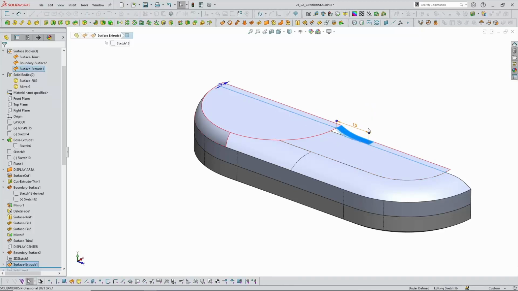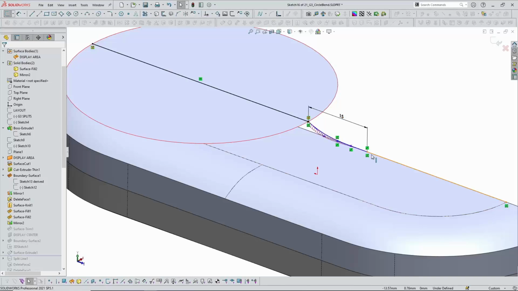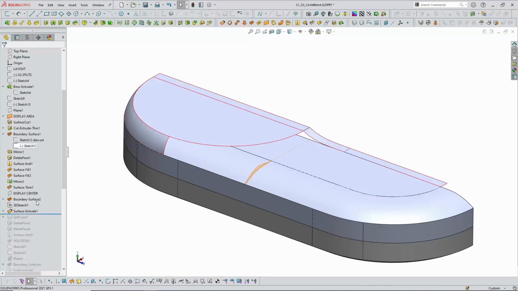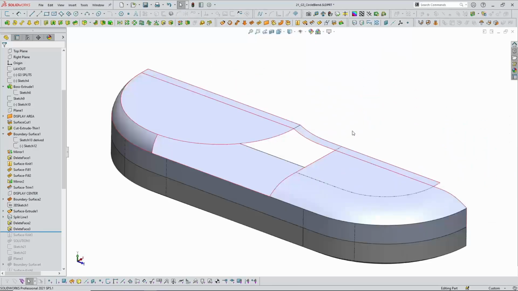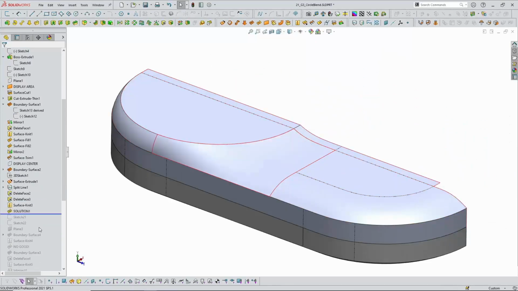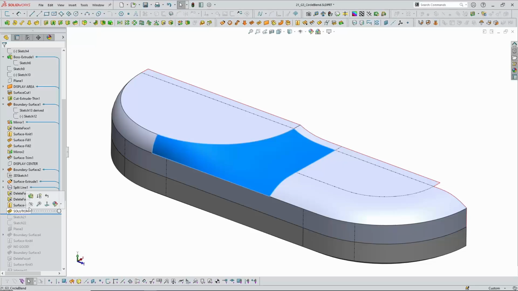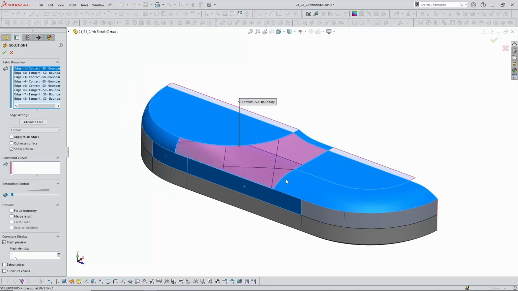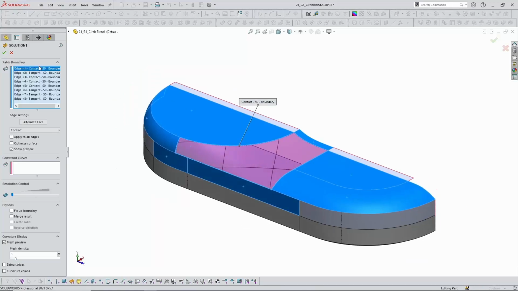I have another G3 style spline here that's been made with the collinear trick to control this blend. And I'm now purposely framing out this five-sided area for the surface fill to work. And surface fill gets us out of so many of these blending challenges, but the inputs matter so much. If I didn't have high quality G3 inputs on this existing geometry, I wouldn't get a G3 style connection on this blend. And so I used the surface fill, I'm setting contact, and this is a little bit unintuitive, but